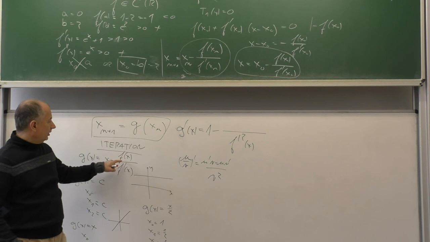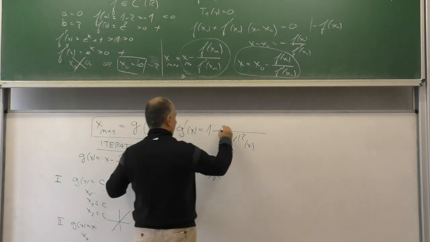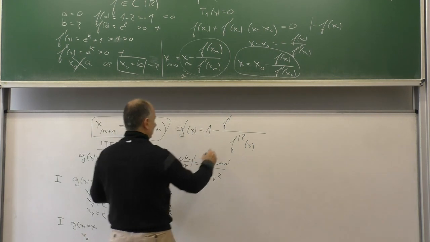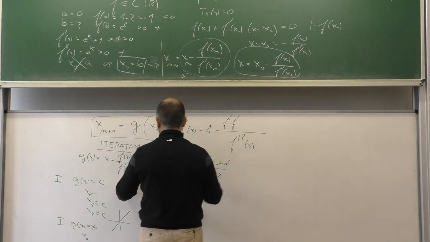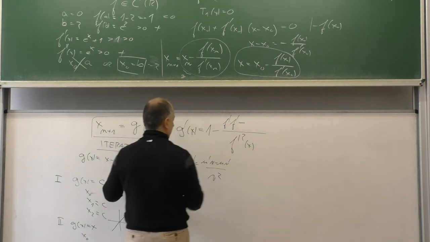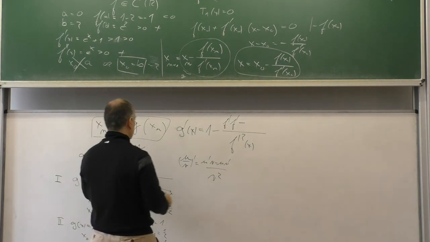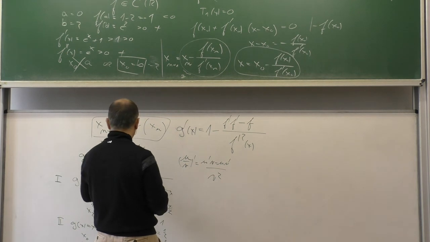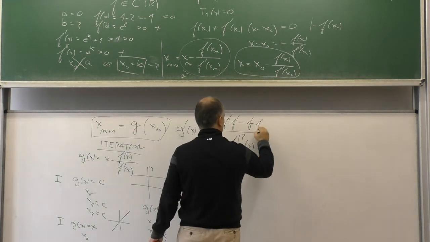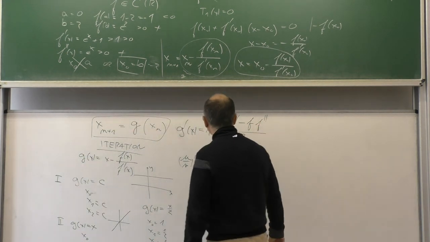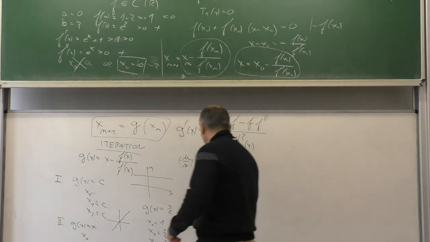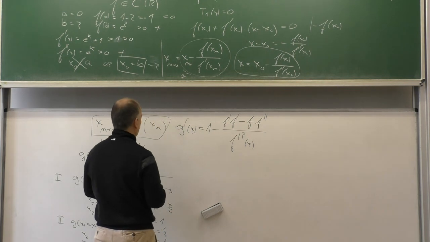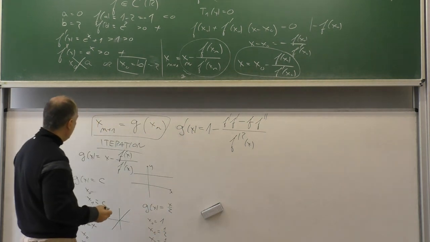So we have u derivative. u is f, so we have f derivative times v, which is f derivative, minus u, which is f, and v derivative, which is the derivative of f derivative, which is f second. And we are interested